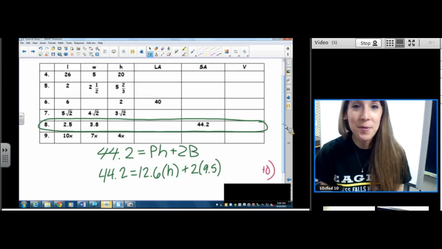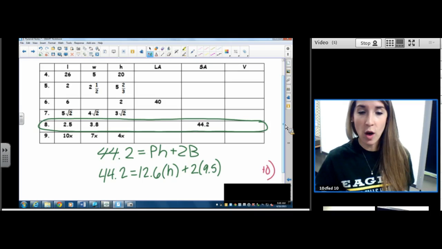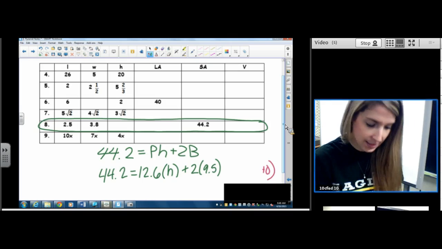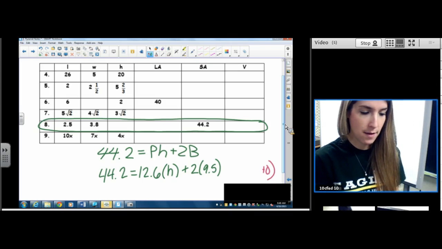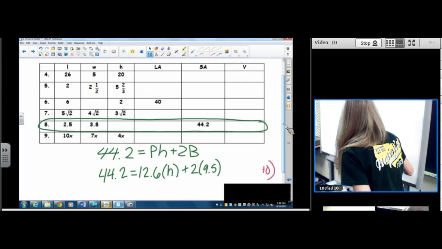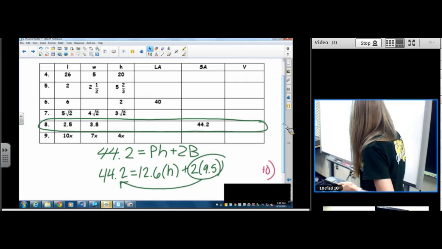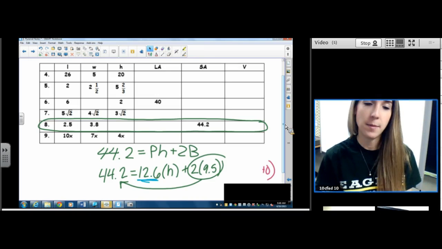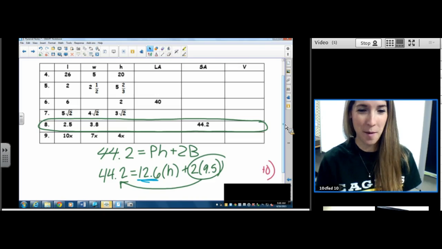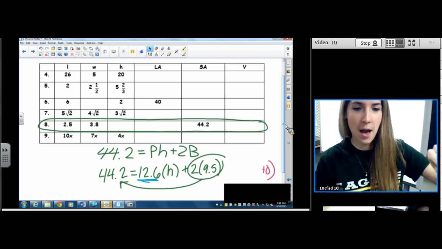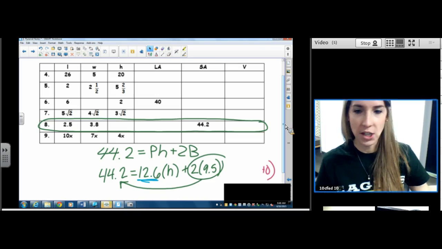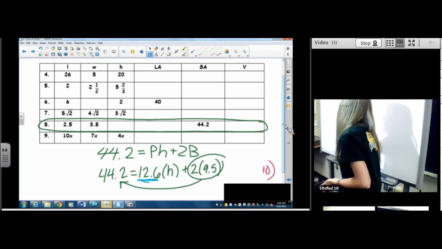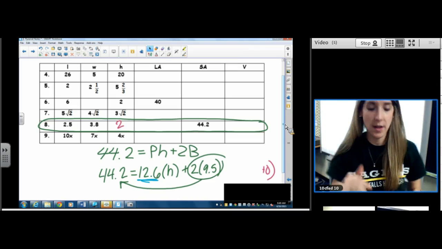Now we're back to algebra. We need to isolate H. We need to solve for H. So we're going to do 44.2 minus 2 times 9.5. So I'm moving this guy over by subtracting. And then we're going to divide by 12.6. I'm going quickly here because algebra is a prerequisite for geometry. Okay, so I subtracted that one and then divided by 12.6, and oh my gosh, you get 2. That's awesome. So 2 is the height, and I'm actually not going to do anything else from there because